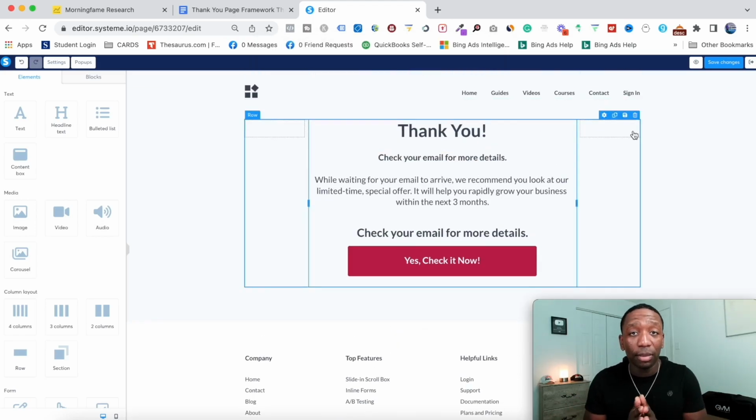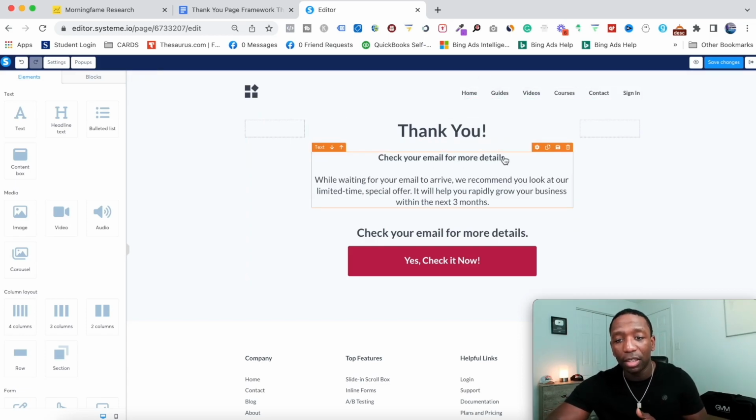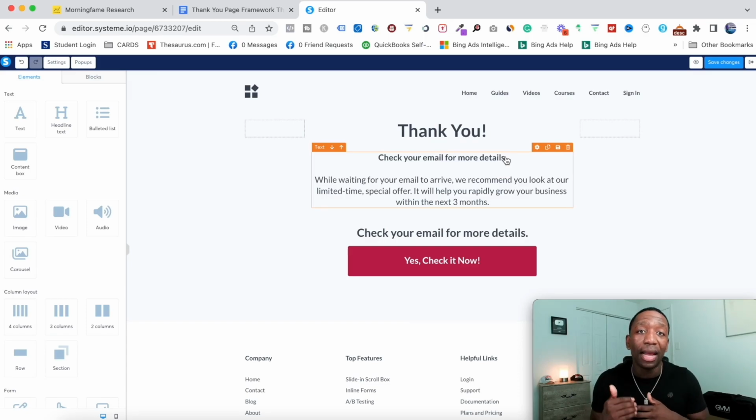So remember what I talked about. It's a confirmation page. So you want to thank them, and then you want to give them clear instructions on what they need to do next. All right. So boom, thank you. Check your email for details. Now, if you got something that's a lot more clear than that, then you want to let them know whatever